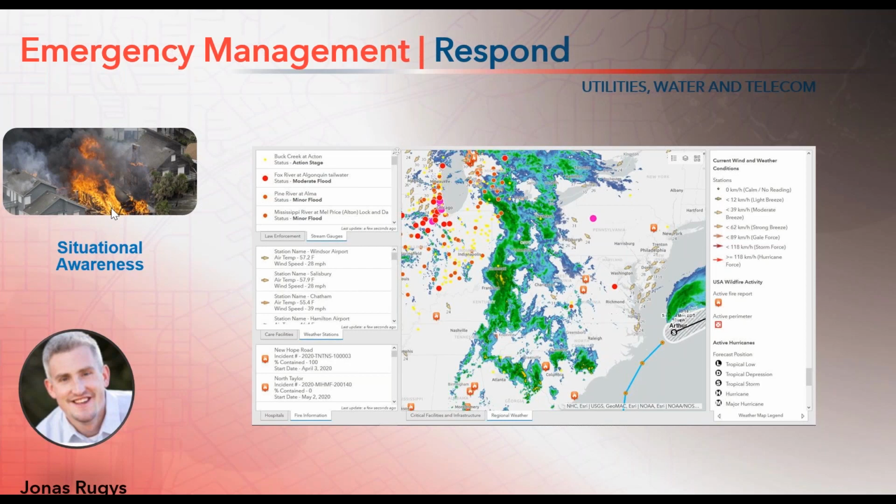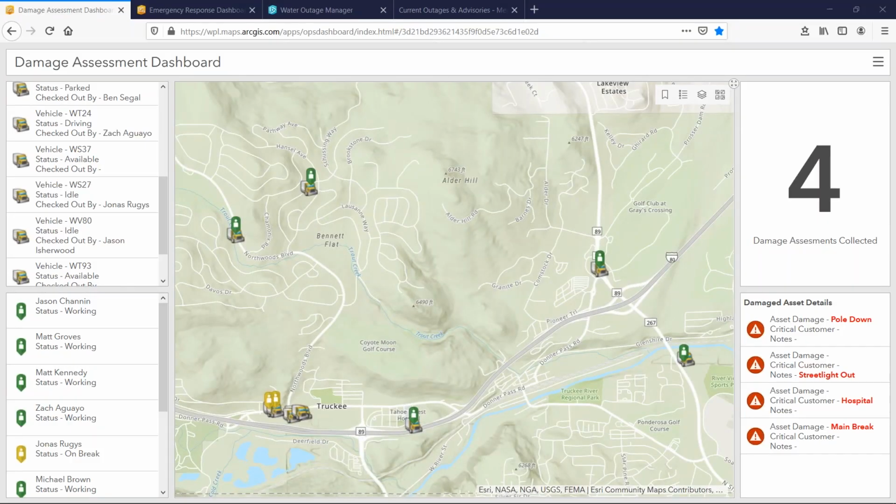Thanks, Bill. Back in the operations center, whether we're in an EOC looking at a big screen dashboard or in a tent that's functioning as the EOC looking at a tablet, as a utility manager or incident commander, anyone responsible for these people out in the field responding to this event has real-time access to the situational view. It shows the location of field crews coming from their mobile devices and that Tracker application, location of vehicles coming in from an integration of GeoEvent Server, and the damage assessments that are being collected in real time.